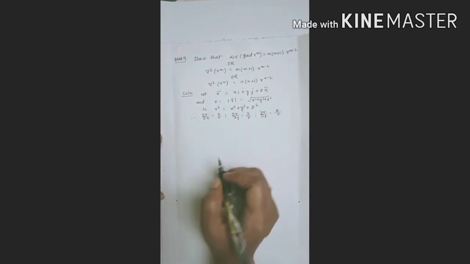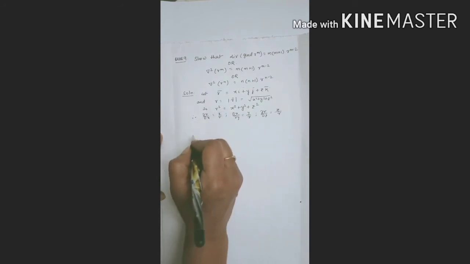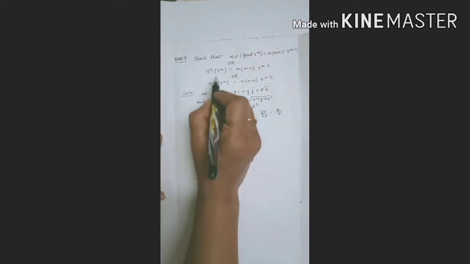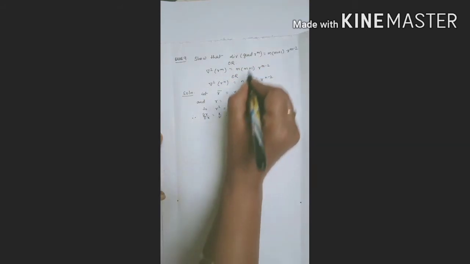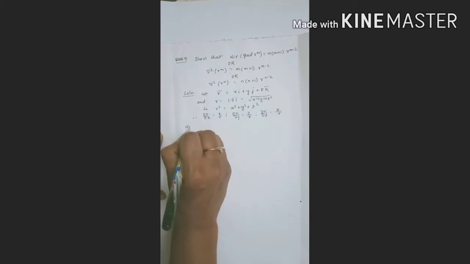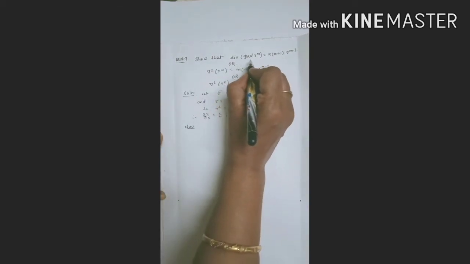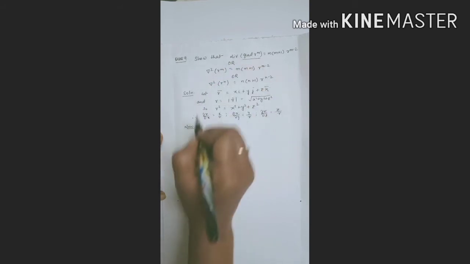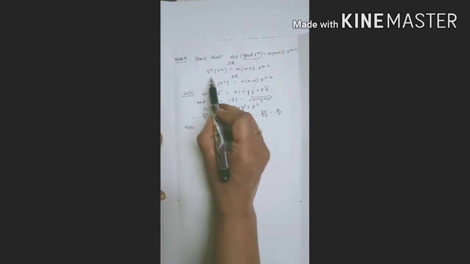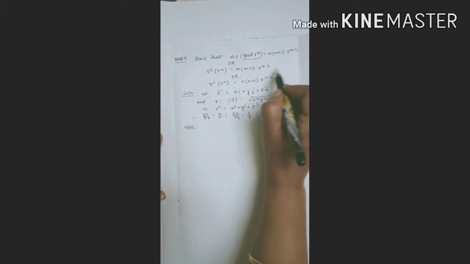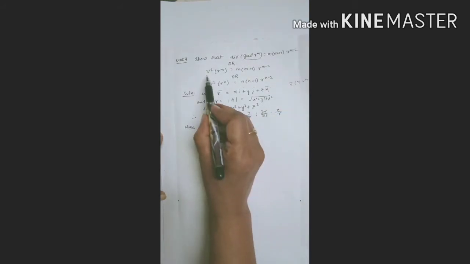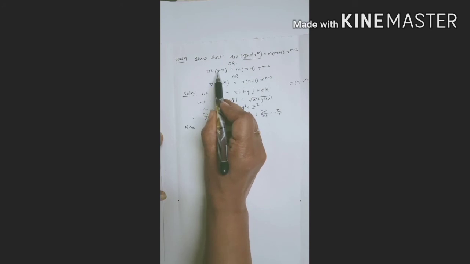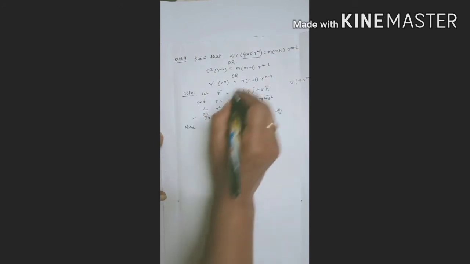Now let's see. Since you have to find divergence of gradient of this, let's first find gradient of r to the power m. So first we will find this thing, then we will find its divergence, and if it is given like del 2, you can write it as del of del of r to the power m, right? So del square means first del then second del, right? So first you will find